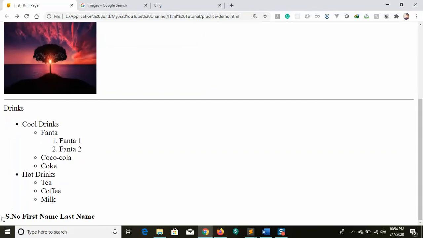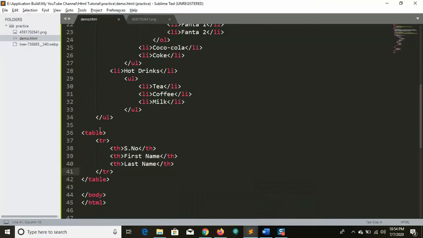So it displays some format, but we know that it is a table. But if you see another person's page, it does not look like a table. So let me give a border to this. Let me give 2 as the border. The border can be from 1 onwards. If you give 0, no border. So from 1 onwards, you can give any number. That is your wish. Currently I'm giving 2 as the border. Save and run.